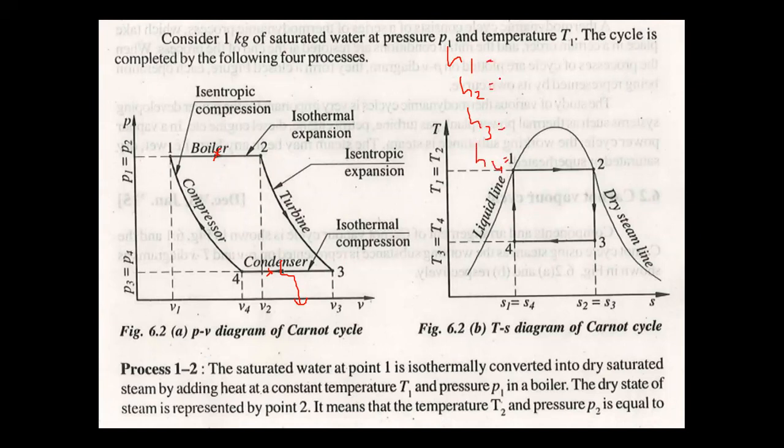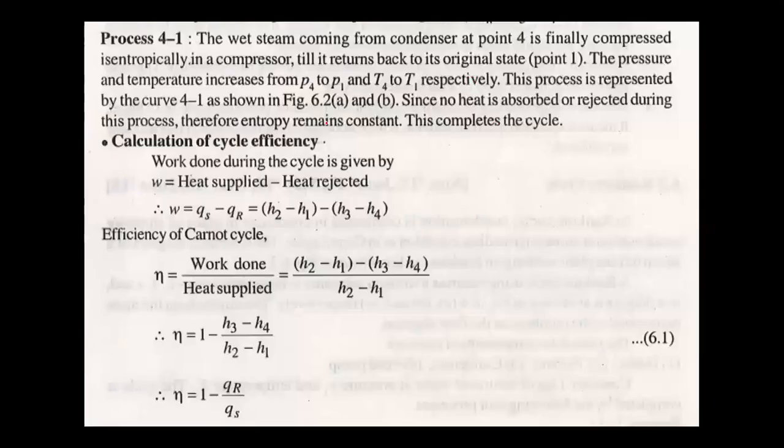So we all observe that in case of the boiler there is a heat supply. In the turbine we get the turbine work. At 3 to 4 it is the heat rejection process, and 4 to 1 is the compression process. So we say this is the work done by the compressor. Okay. So ultimately, the efficiency of the Carnot cycle is, we all know, the work done upon heat supply.